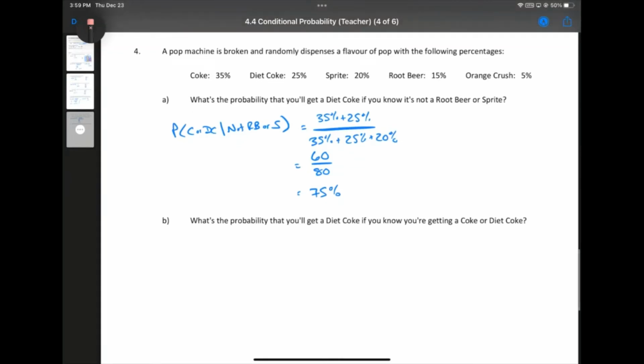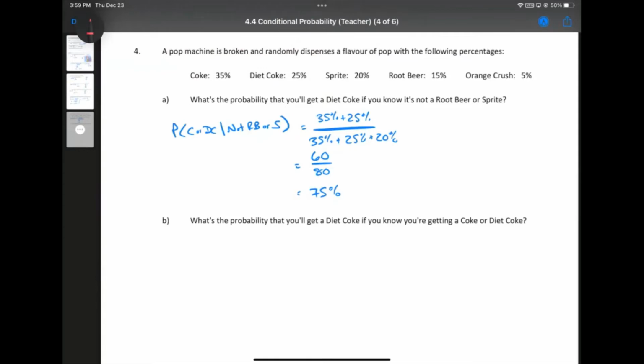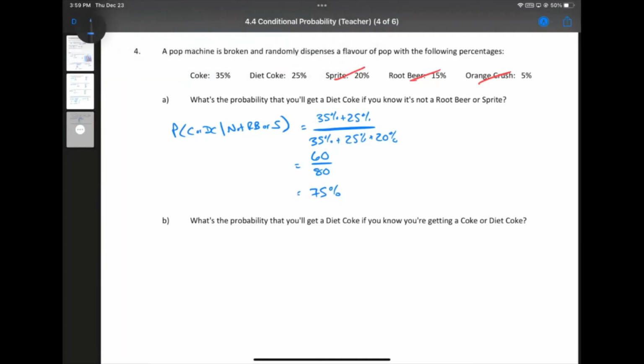Part B is, what is the probability that you'll get a Diet Coke if you know you're getting a Coke or a Diet Coke? We're going to use the same logic that we were before and say if we're getting a Coke or Diet Coke, those three are not options anymore. Just cross them off the list. They didn't happen. So now the probability that I get a Diet Coke, given that I get a Diet Coke or Coke,